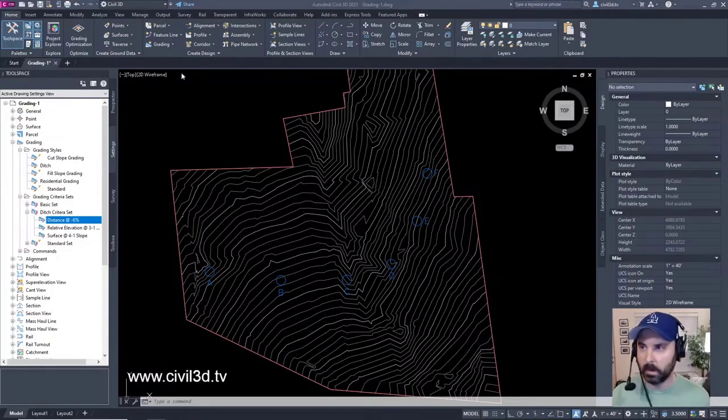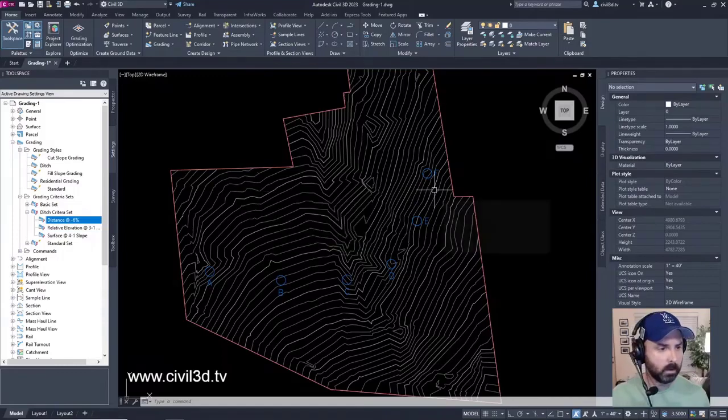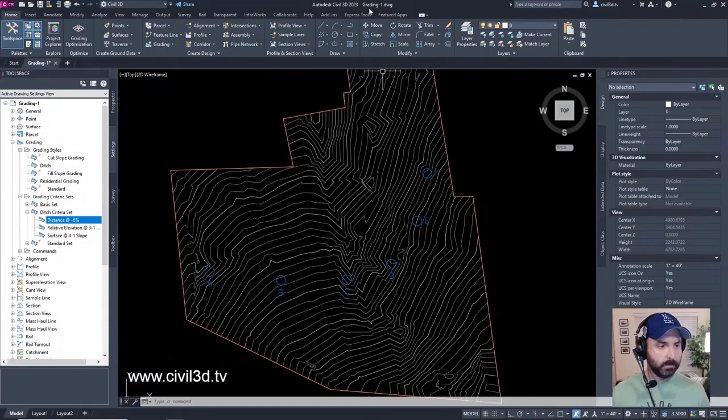Creating feature lines. What I'm going to do is continue with what I've been doing in grading 1 with the modifications. I'm going to go to the Home tab and then to the Draw panel, which is right here.